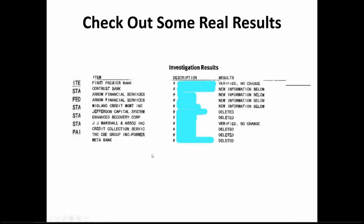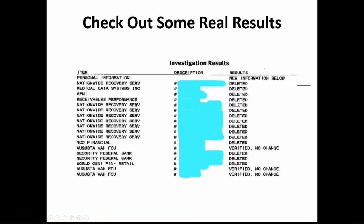These are all tax liens that were deleted. This is pretty common, what we would see in a normal round of disputes, a lot of deletions. New information below or verified no change means they didn't really delete the account. So you kind of see usually a combination of deleted items and some accounts that weren't deleted. And then you see some that just have a lot more accounts that are deleted. On this one, you could probably see, I don't know, 15, 20 accounts deleted in one round